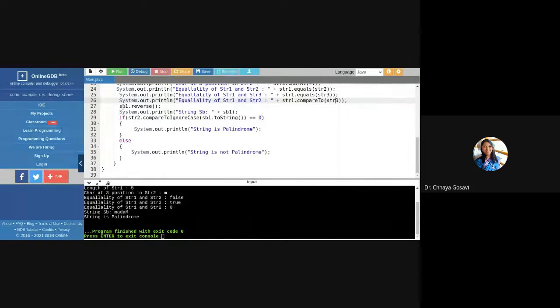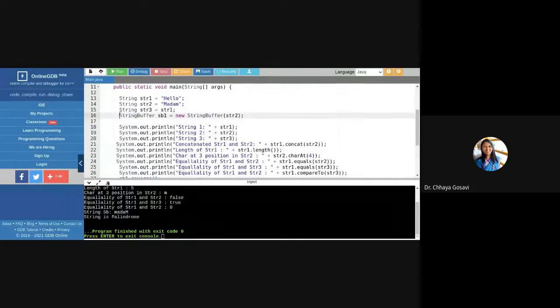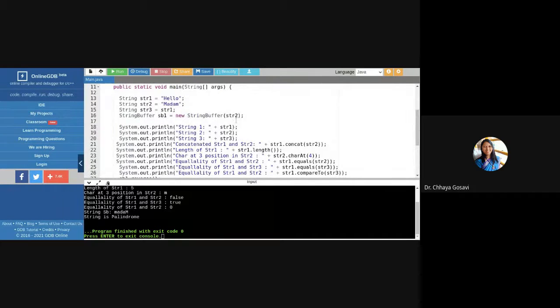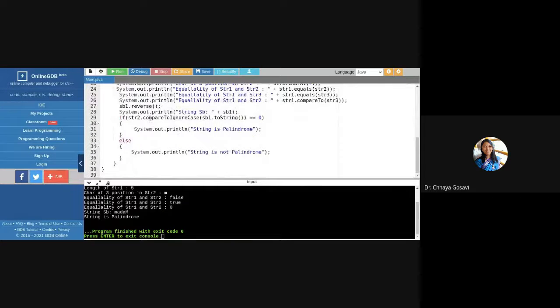To reverse a string, the reverse operation is not defined for the String class. It is defined only for the StringBuffer and StringBuilder classes. That's why we have created an object of the StringBuffer class and called the reverse function. And to check palindrome, we have to compare this string sb1 with str2, our original string. To do that, we can use compareToIgnoreCase, or the equals function, or the compareTo function.